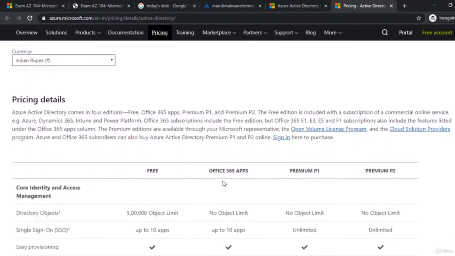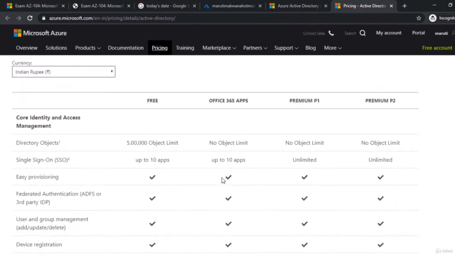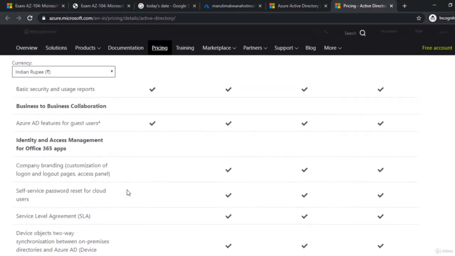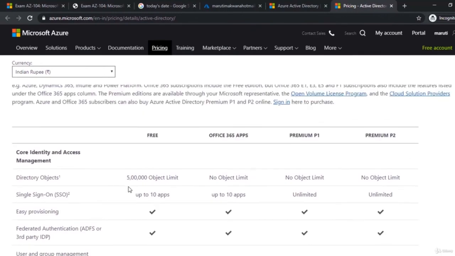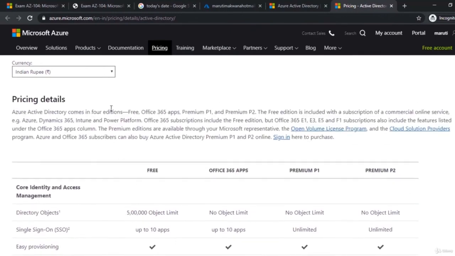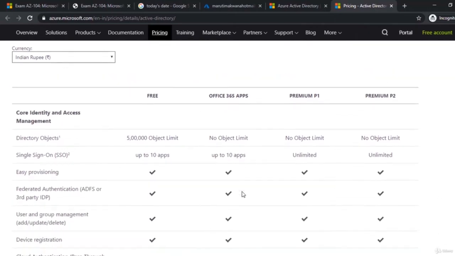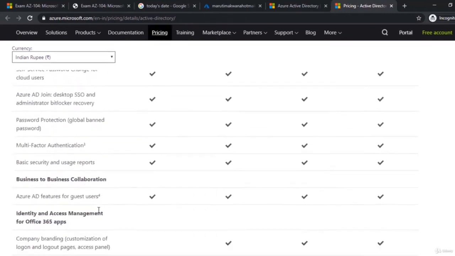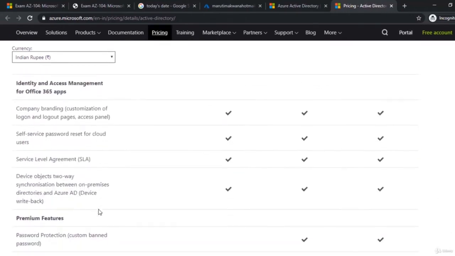this pricing page is showing me that we have three different flavors of Azure AD which Microsoft is offering to us. The free version has a limited number of users as well as a limited number of applications and features. You can go through the detailed comparison later on, or by yourself, but what I want you to focus on is that when we go for premium AD, which is P1 and P2, there are certain features which are only available in that.